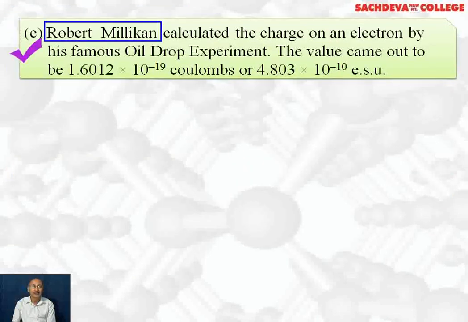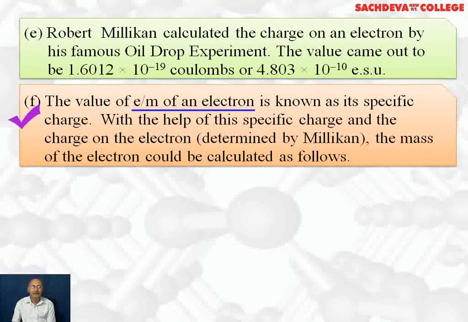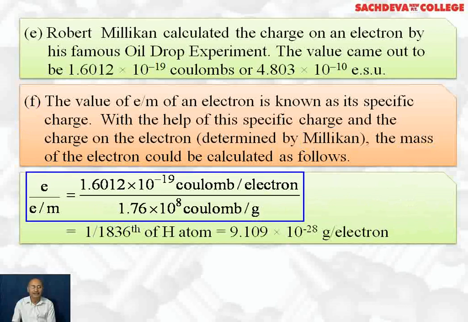Robert Millikan calculated the charge on electron by his famous oil drop experiment. The value came out to be 1.6012 into 10 to the power minus 19 coulombs, or 4.803 into 10 to the power minus 10 ESU, that is electrostatic units. The value of e over m of an electron is known as its specific charge. With the help of this specific charge and the charge on electron determined by Millikan, the mass of electron could be calculated as follows. e divided by e over m will give you mass, which is equal to